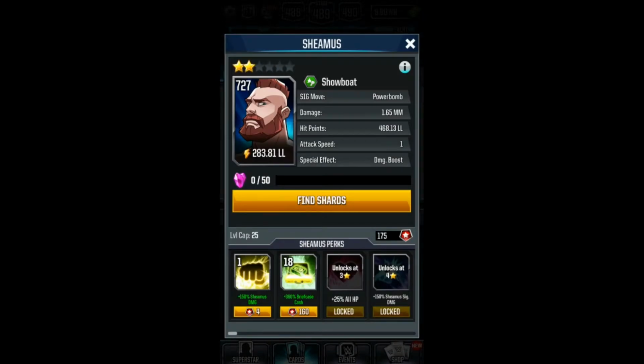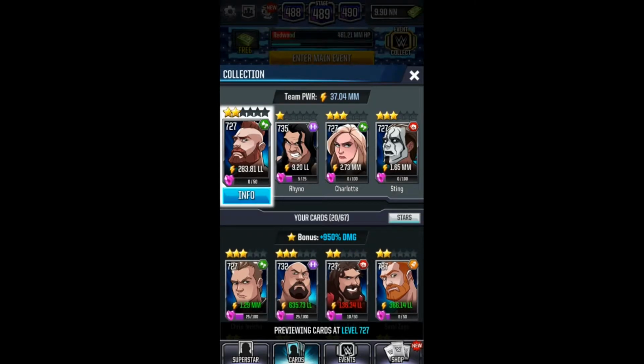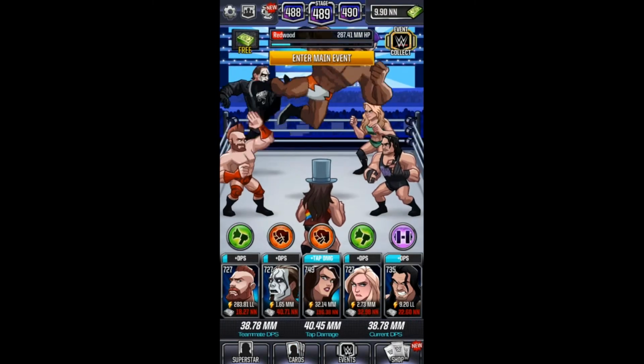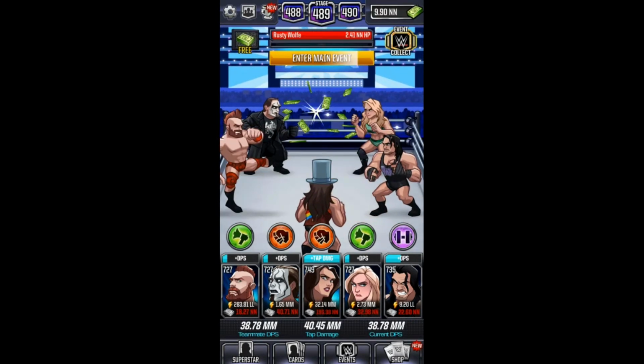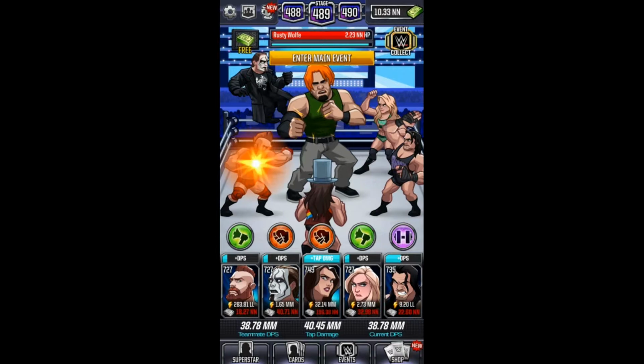As you can see here, his skill number 2 gives 360% bonus briefcase cash. So every single time I open up a briefcase that drops down on the top left, I'm going to get even more money for him. So this means that you can level up a lot more. As you can see here, I leveled everyone up to